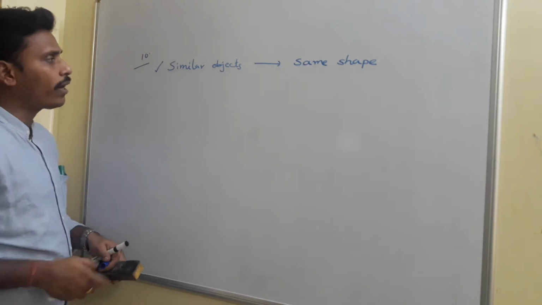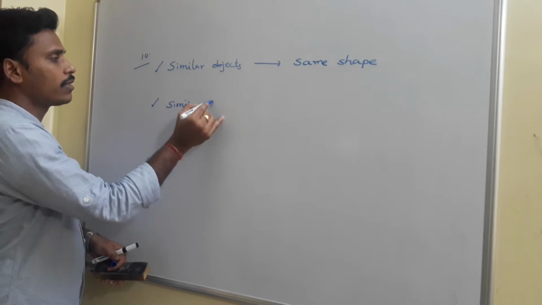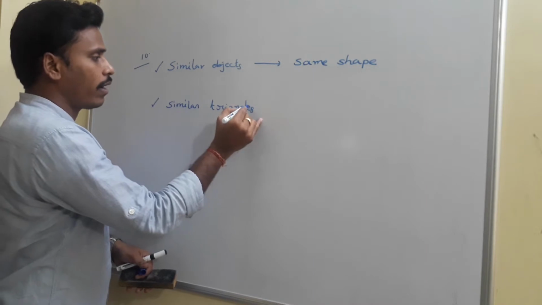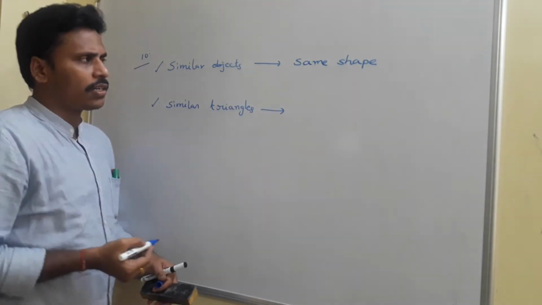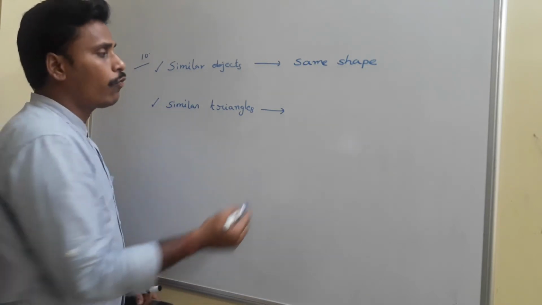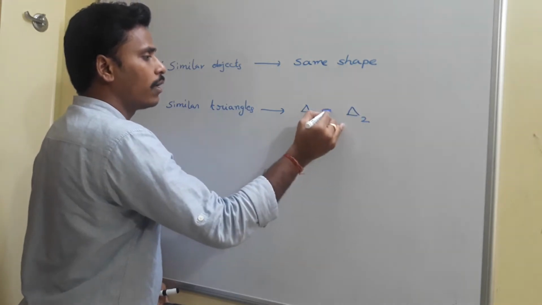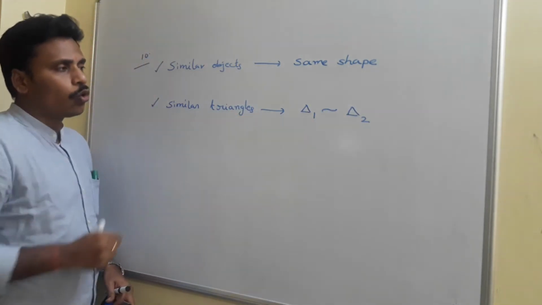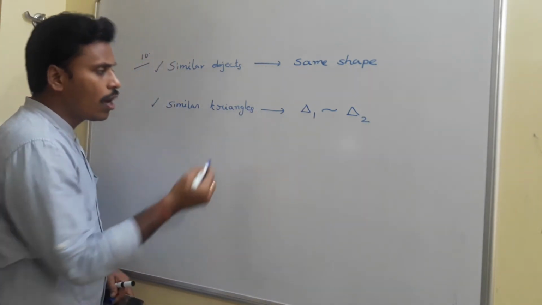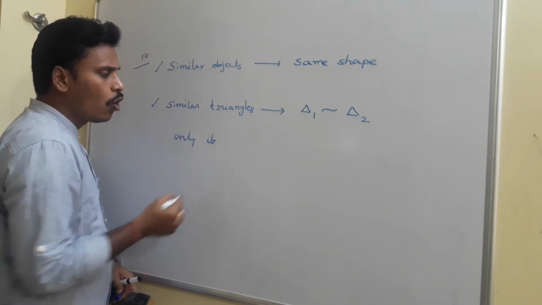Specifically, when coming to triangles, similar triangles, that's what we need to know. Two triangles are called similar triangles, right? The basic definition is the same. What is it? If they are in the same shape, we call them similar triangles. For example, I have triangle 1 and triangle 2. If these two are similar, this is the basic symbol to notate similarity. So triangle 1 is similar to triangle 2 only if